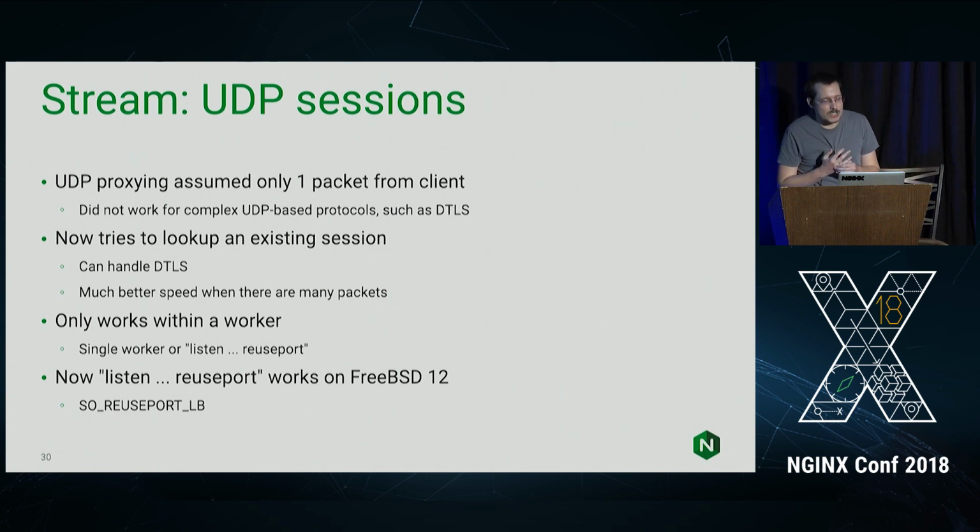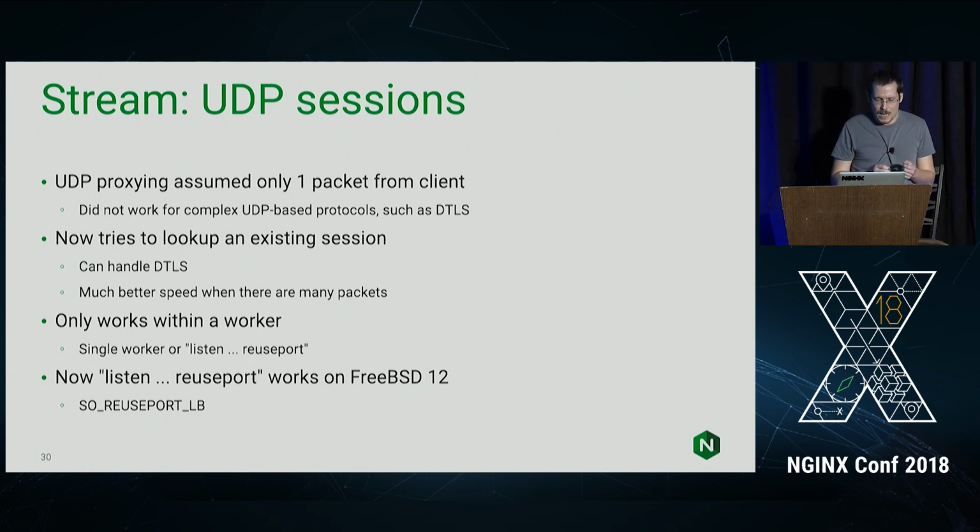Now NGINX tries to look up an existing UDP session when a new UDP packet arrives. If a session is found, this packet will be sent to the backend using the same socket, so these packets will appear related to the backend server. This allows proxying complex UDP-based protocols such as DTLS, and is also much faster when there are many packets from the